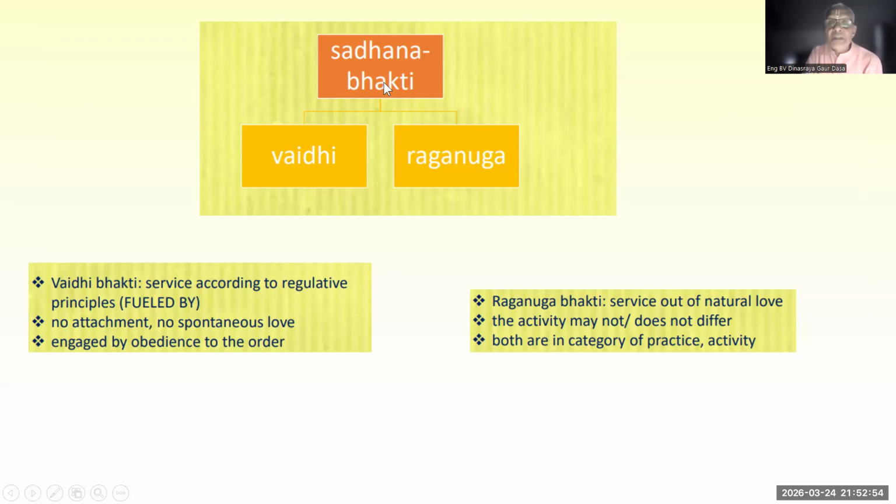Sadhana bhakti has two sections. One is Vaidhi bhakti, and the second is Raganuga bhakti. Vaidhi bhakti means whatever our spiritual master instructs, like we are doing some course, Bhakti Shastri or Bhakti Vaibhav or any other course, because we have instructions from our spiritual master: get up in the morning, attend the Mangala Aarti, do 16 rounds of japa. This is because somebody, our spiritual master, our Acharya, has told us to do it, so we are doing it. The bhava is not there. There is no spontaneous love. But gradually,